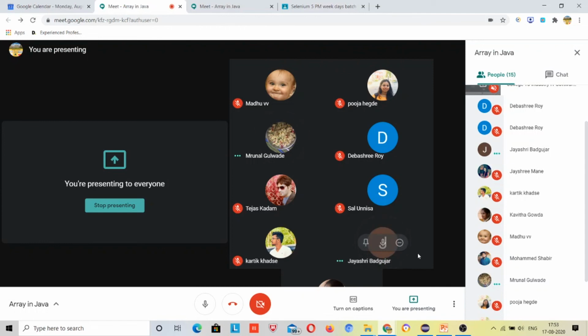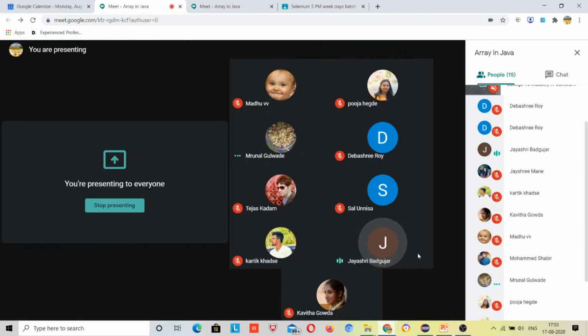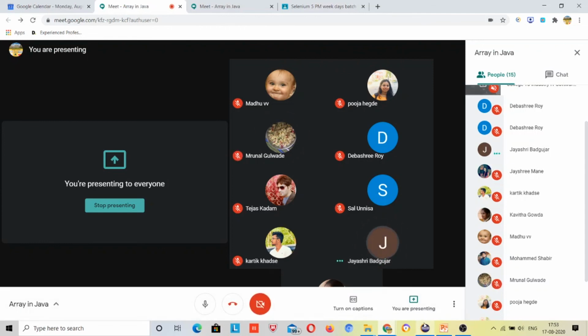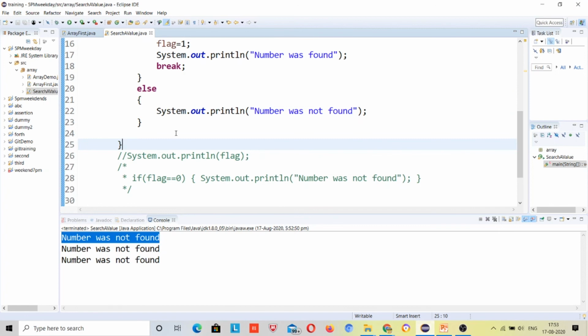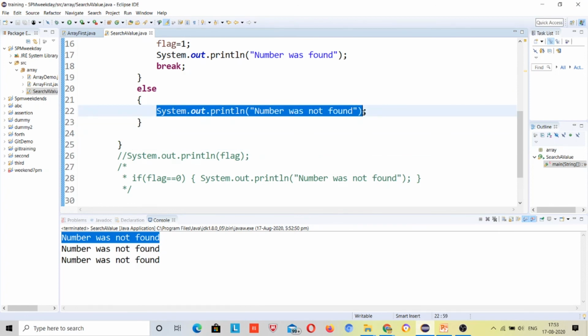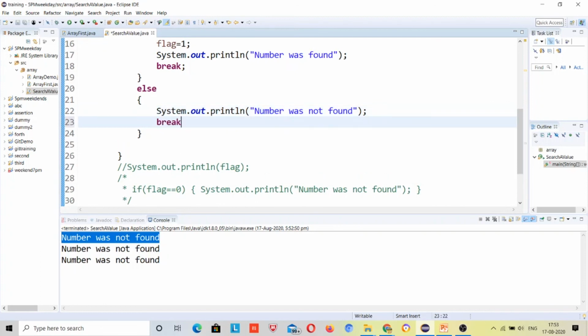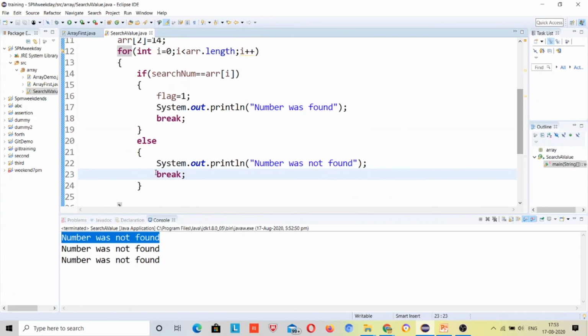Vandana asks, but can we also give a break in the else part here? Then it will not print 3 times, right? It will again cause a problem. If the value is not found the first time, it will come outside of the loop.